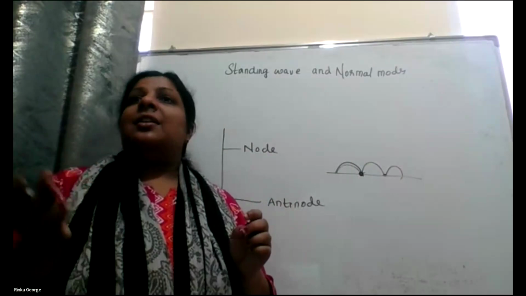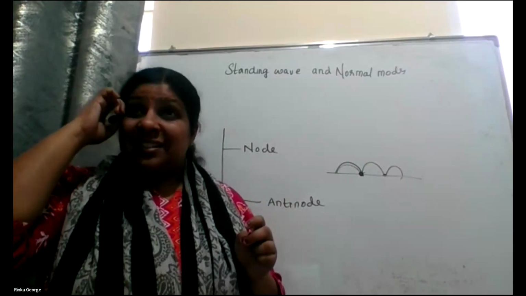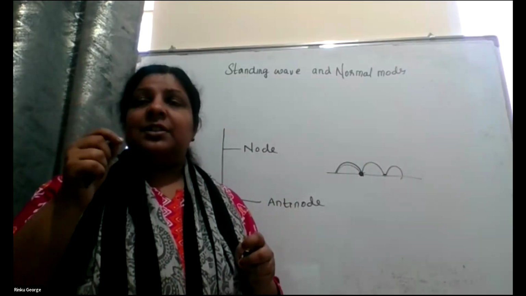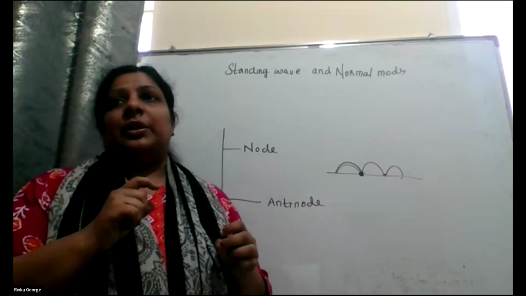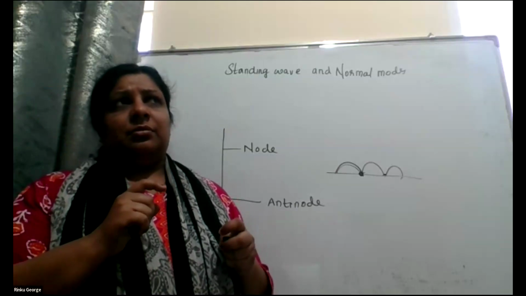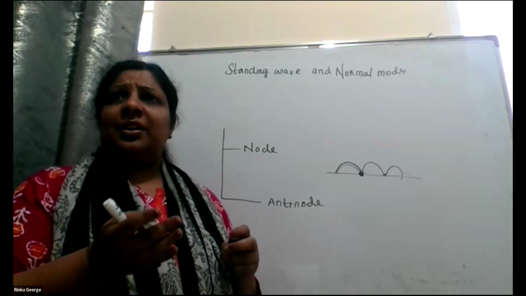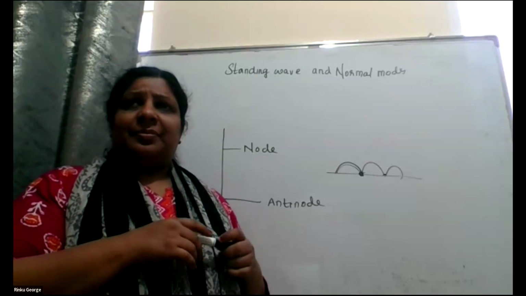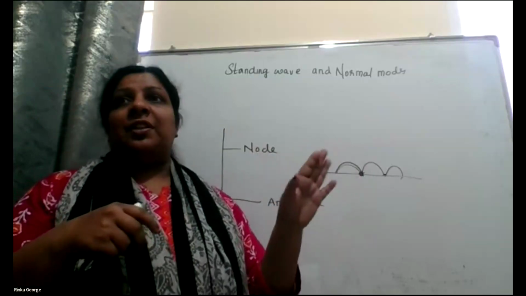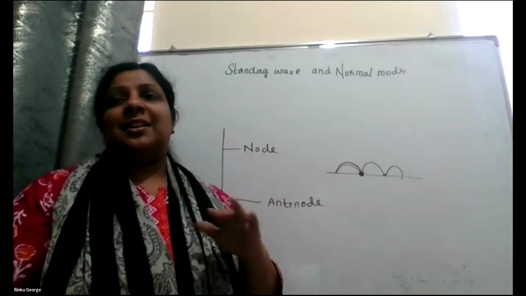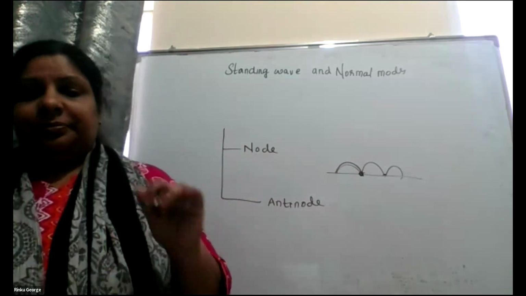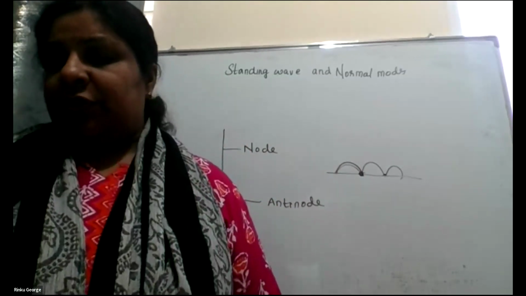Sine 0 is 0, right? The point at which the amplitude becomes 0 is a node. The minimum amplitude is 0 only, right? It's not going down. If it goes down, that is a negative peak, the maximum displacement in the negative direction. That is how we will say. Okay, node definition you write.